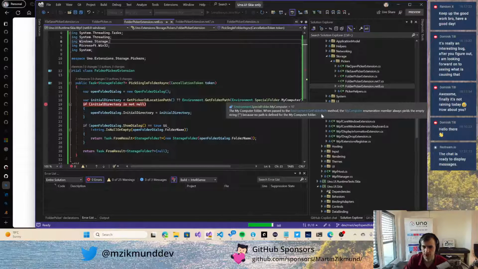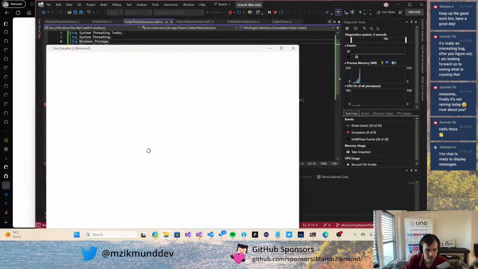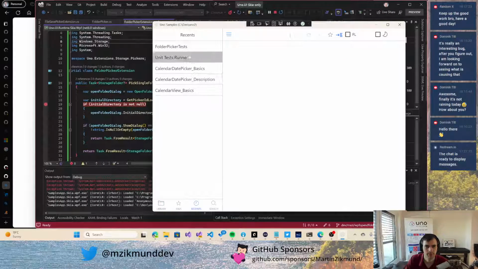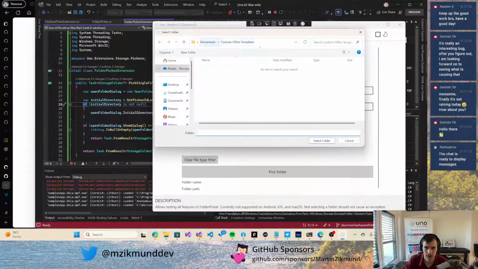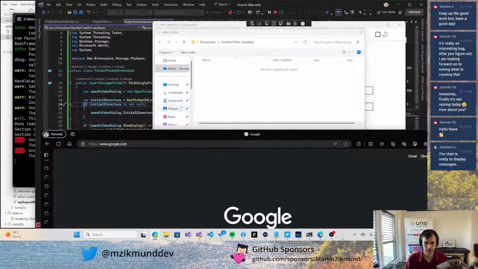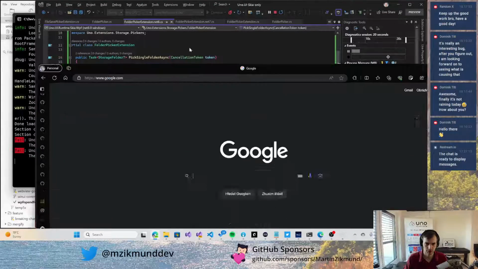Okay, they say it here exactly, that my computer yields an empty string as a folder, so that's not helpful. So we will get just an empty string here, which is the default anyway, and that gives us the last visited folder. So let's check if the open folder dialog has some kind of documentation that we could